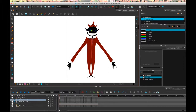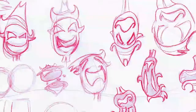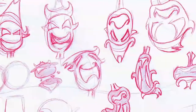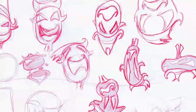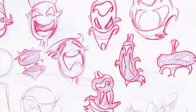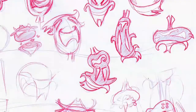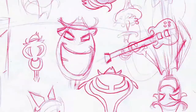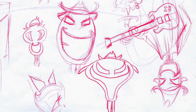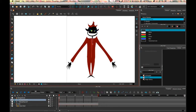I'm also gonna show you in the video some drawings I've done with him, because this drawing is kind of based off of one where I was doodling. I spent a day doodling how I want his expressions to go and what I want his model to look like. And if I show you some of the earlier drawings before I really started figuring out the style that this short's going to be done in, it's really, I don't know, my style has been, since I started drawing comics a long time ago, I've always just simplified things down, and I think I'm missing some detail, and I kind of want to spruce some things up. That's why I've started doing this in a